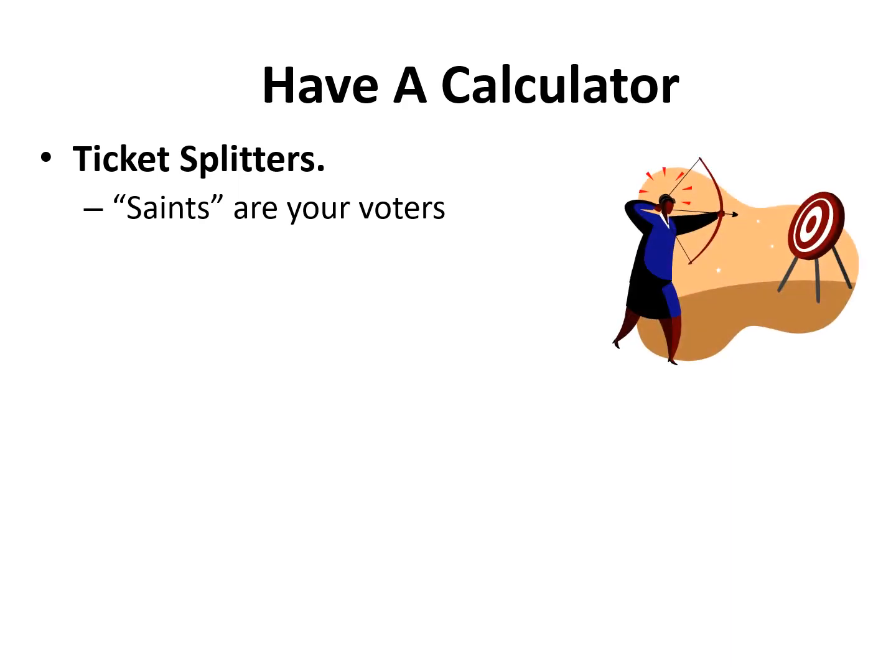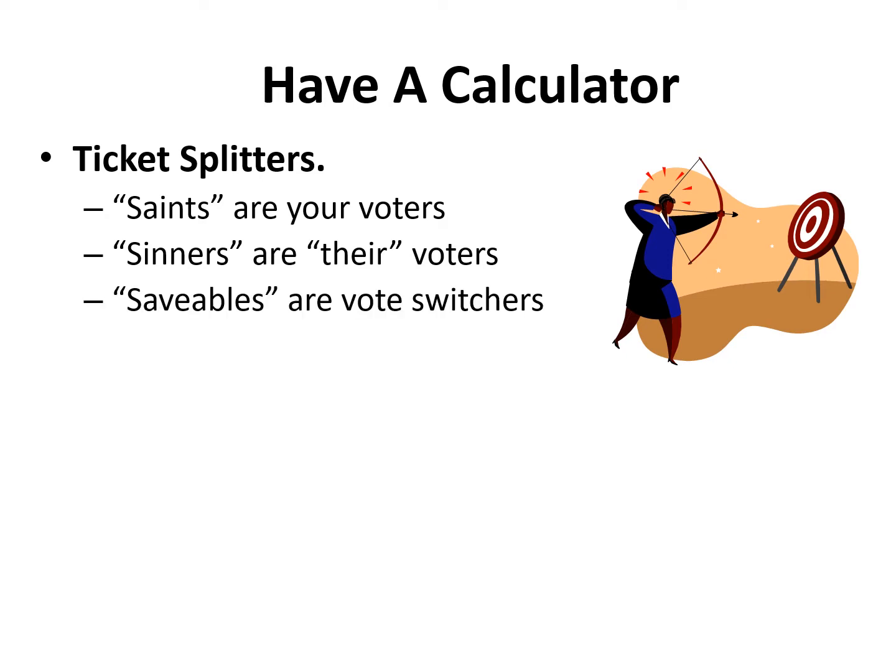One are saints. These are the people who vote for your candidate. The second are sinners. These are people who are their voters, that is, the voters for the other side. And then there are what we call savables. These are people who are willing to switch their vote depending on their view of the candidate running for that